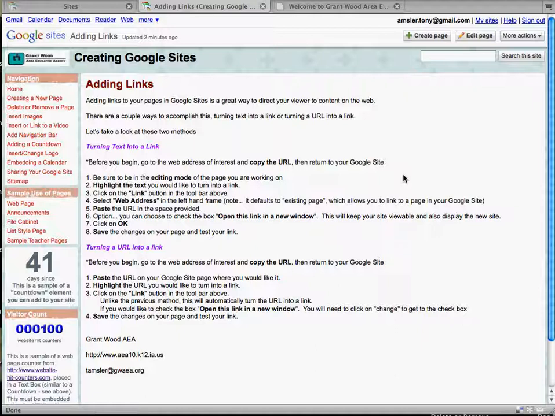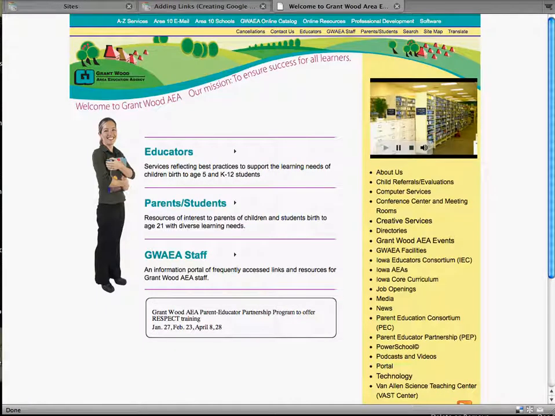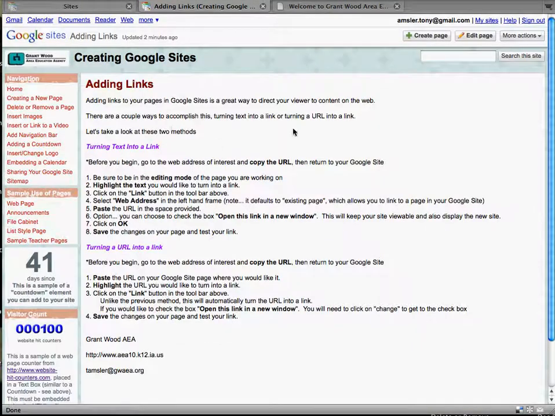First of all, turning text into a link. Now before you start, you'll want to go to the web address that you want to copy. So let's take a look at a website here that we have ready to go, and we'll copy the URL of that website and then return back to our Google page. Next, we want to go into the editing mode of that page,